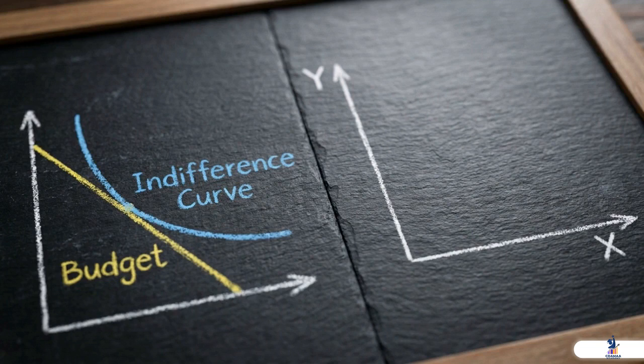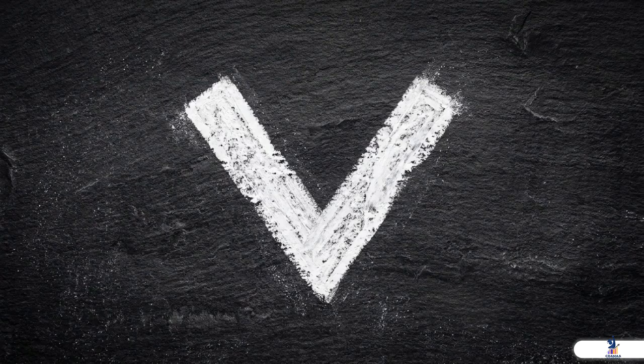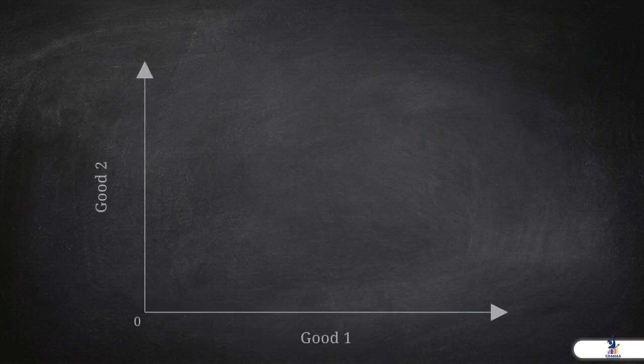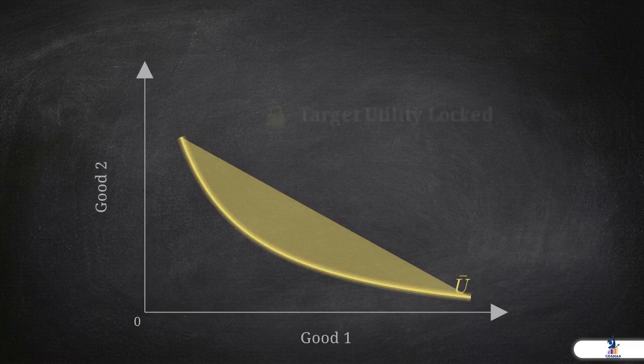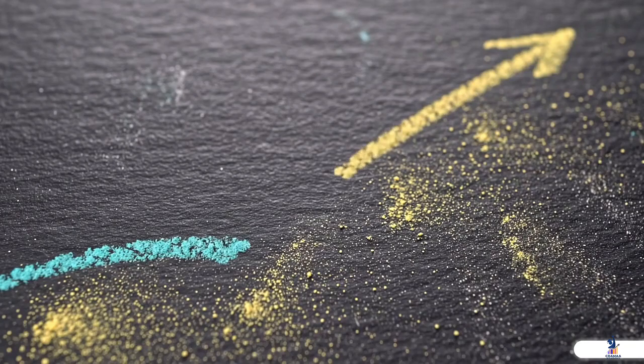There is another way to look at this same tangency point. In optimization theory, every primal problem has a dual problem. For the consumer, this is the expenditure minimization problem. Watch how this inverses our approach. Instead of maximizing utility within a fixed budget, we lock a target utility level in space. The objective is now to minimize expenditure, pushing parallel budget lines inward from infinity until they just barely touch the